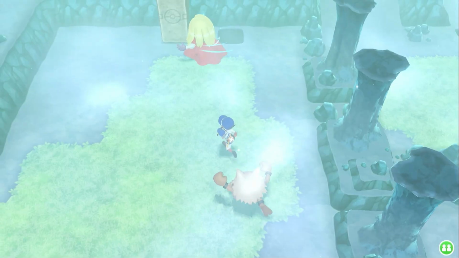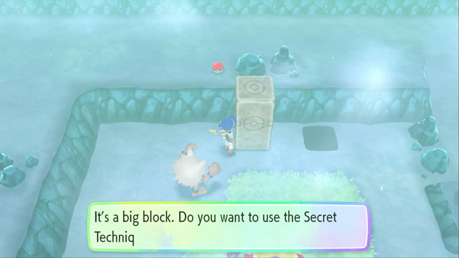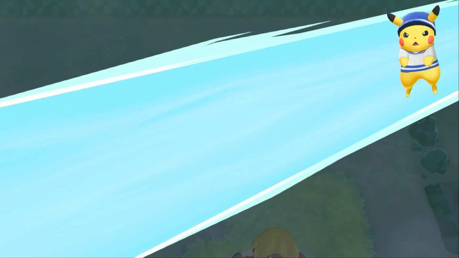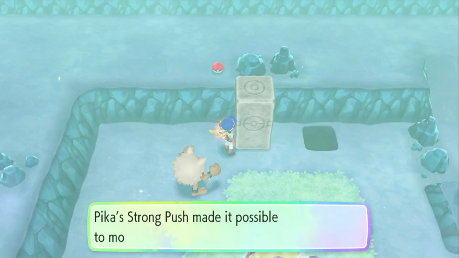But regardless, Slowpoke and Slowbro have a similar typing to Jynx. Obviously, Jynx is Ice and Psychic. Slowbro and Slowpoke are Water and Psychic. But the nice thing about